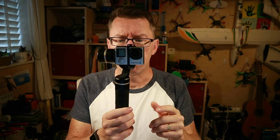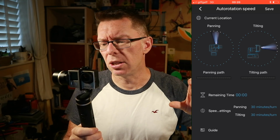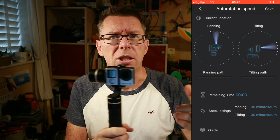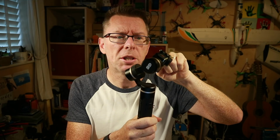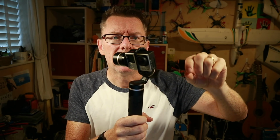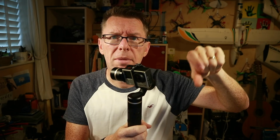The other thing I think could be improved is the auto rotate feature. If you remember, you have to set this up to set each axis to rotate at a certain amount of minutes per turn. So this means if I set it to 30 minutes each turn and I put the gimbal here, and let's say I wanted to do a big pan but just lift this up slightly, what would happen is if I set it both at sort of 30 minutes per rotation,